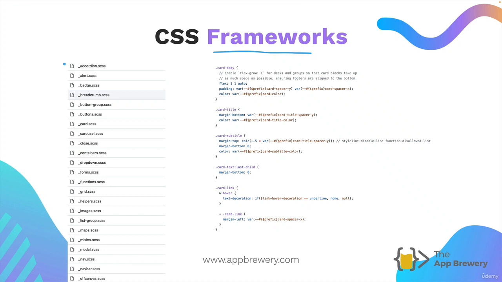If we had a look at the Bootstrap GitHub, and because Bootstrap is completely open source, then all of the code is visible. And you can see it's got styling defined for all of the different components. For example, this is inside the card component, and it's got classes that define what a card body should look like, what kind of layout it should have, what kind of color it should have, as well as what the card title should look like, subtitle, and it's got all of this predefined CSS,